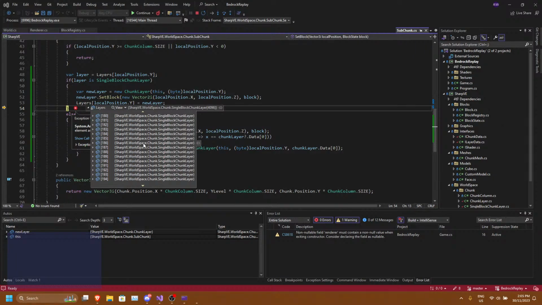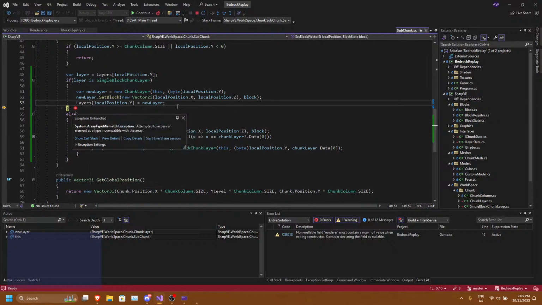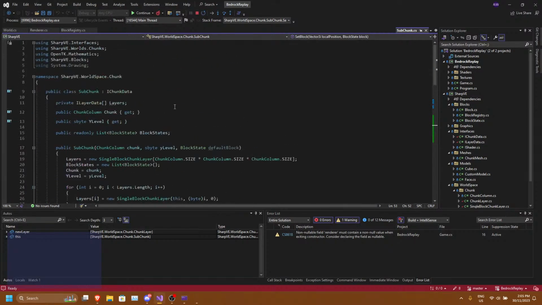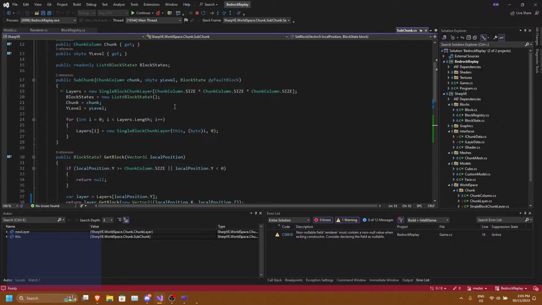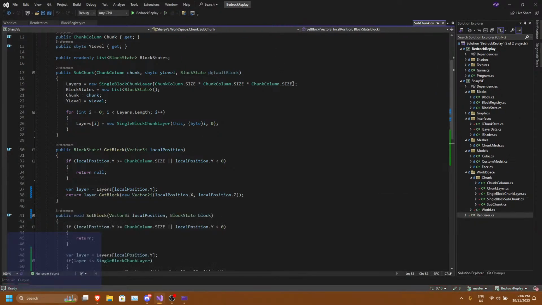Is this our subchunk? There should not be 4096 layers. Why are there 4096 layers? Oh my gosh. Oh, that's why. We've only got a 2D array of them, I believe.